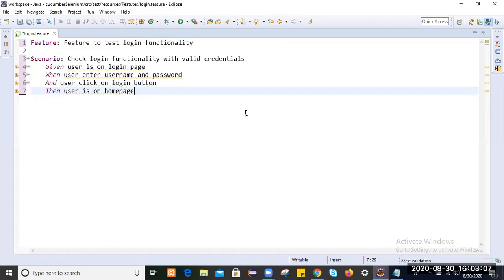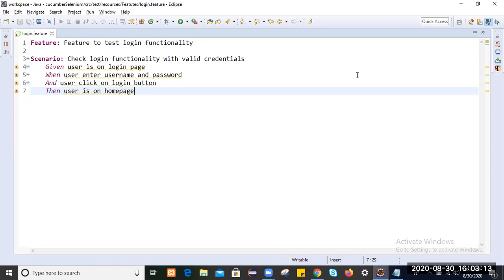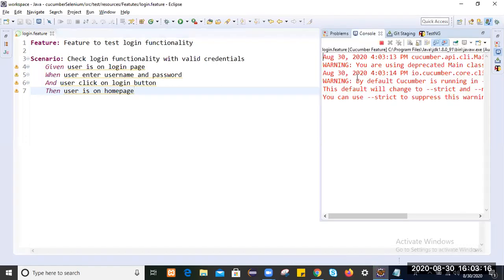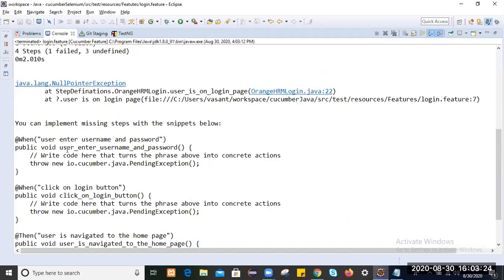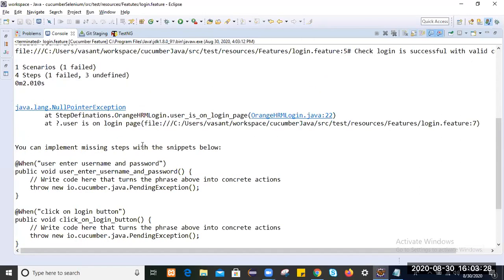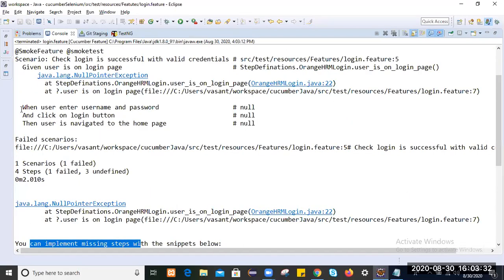Let me try once again and run as Cucumber feature. You can implement missing steps. These are the missing steps.